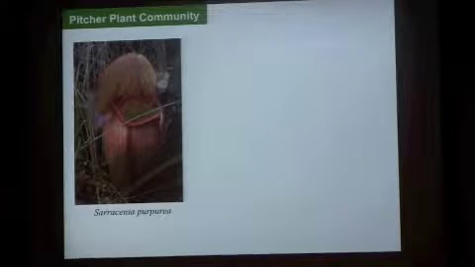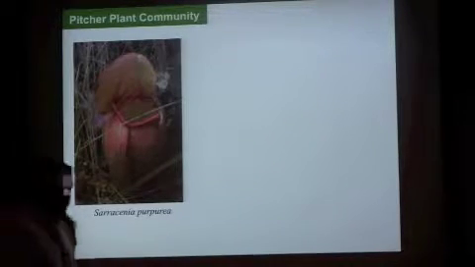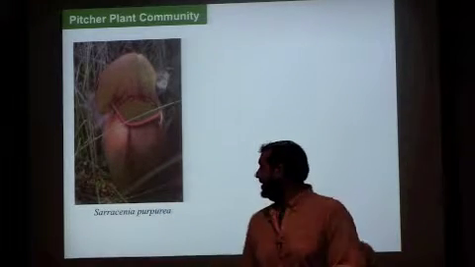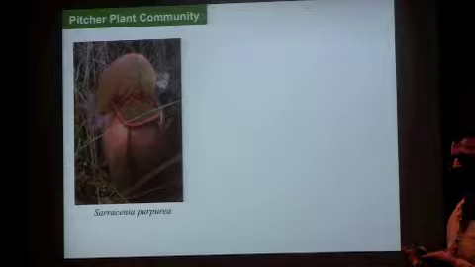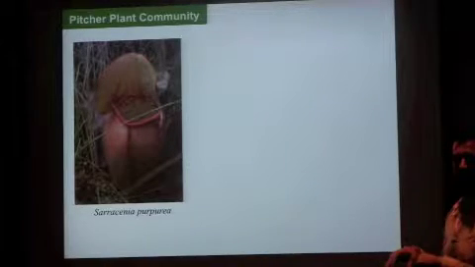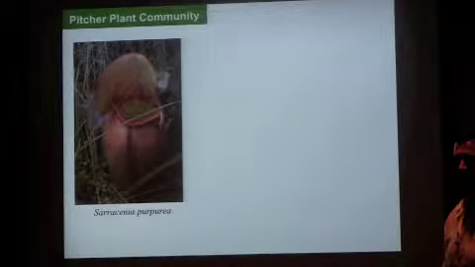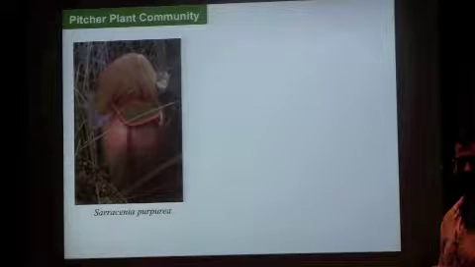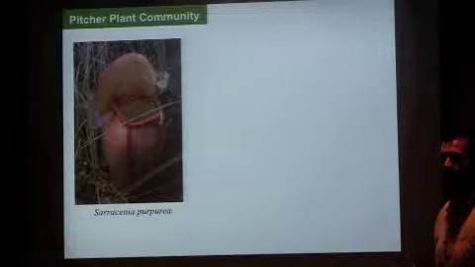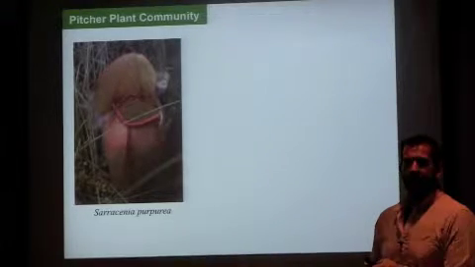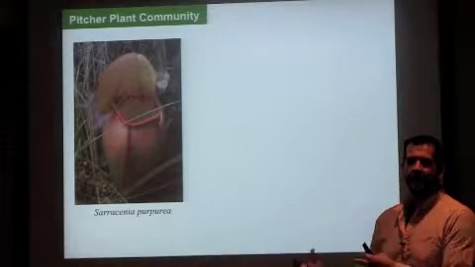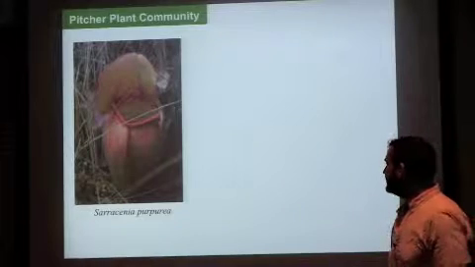So these are these pitcher plant communities. They're a carnivorous plant, Sarracenia purpurea. They make this little cup-shaped leaf that then fills up with rainwater, and then insects fall into that rainwater and they die, and then the plant consumes those insects and uses them for nutrients. So they tend to grow in really nutrient-poor soils where other plants can't grow very well, but carnivorous plants grow well there because they can get their nutrients from this outside source.